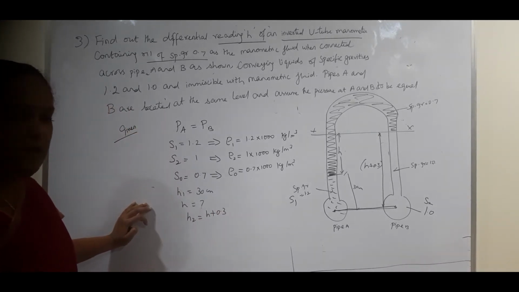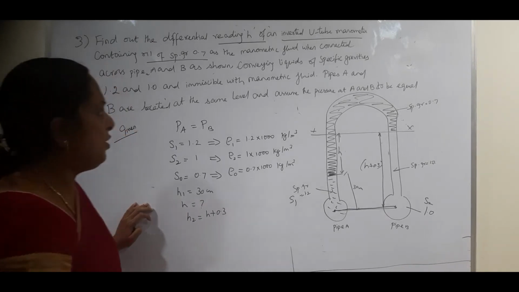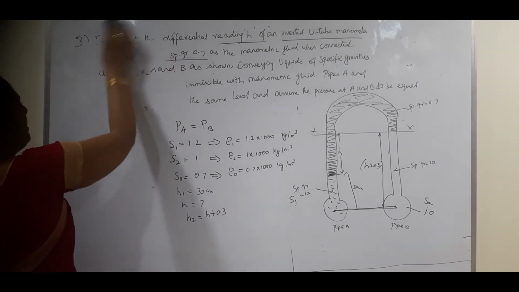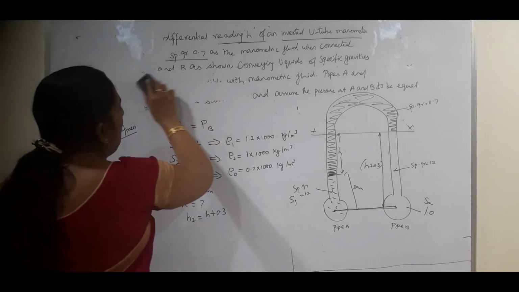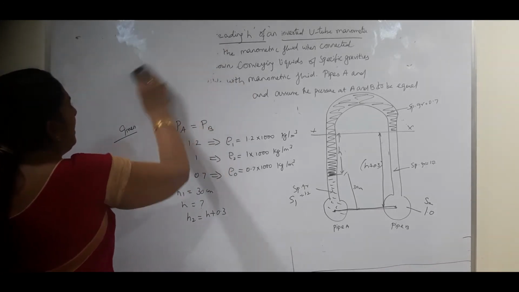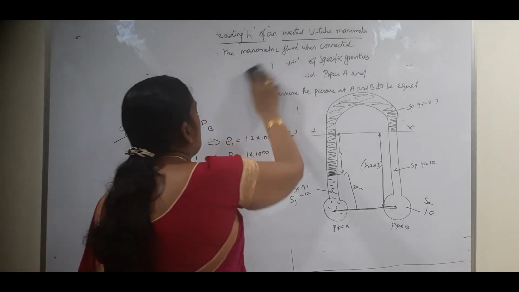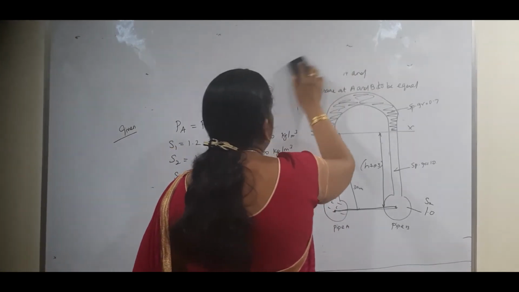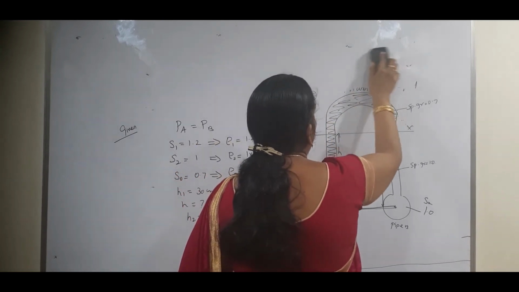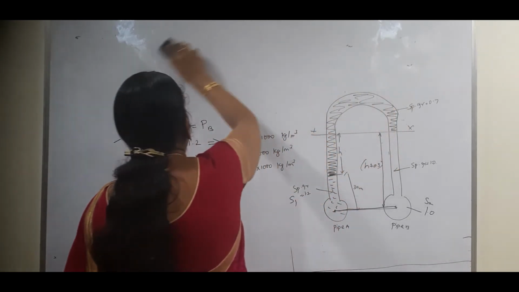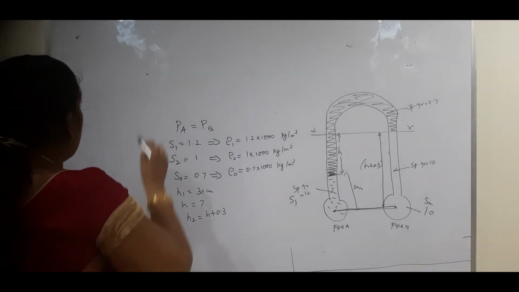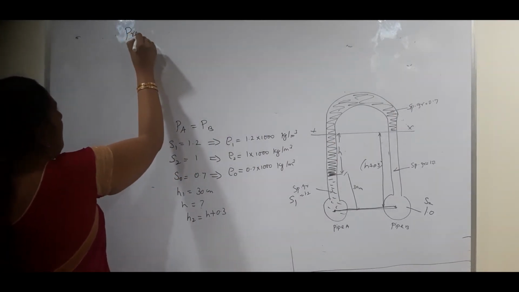Now our thing is to write the equation. So we have to find out the equation for the pressure intensity in the left limb and the pressure intensity in the right limb. We have seen so many problems, from this you will be easily able to understand, and by now you will be able to easily solve these problems. You will be able to easily formulate these equations. Now here, what is the pressure on the left limb?